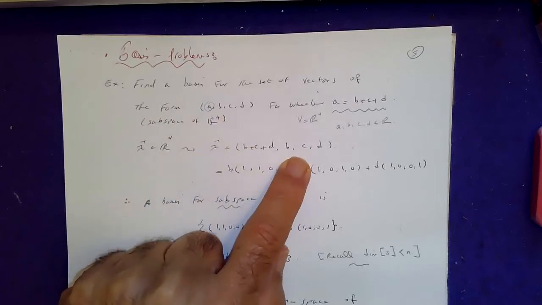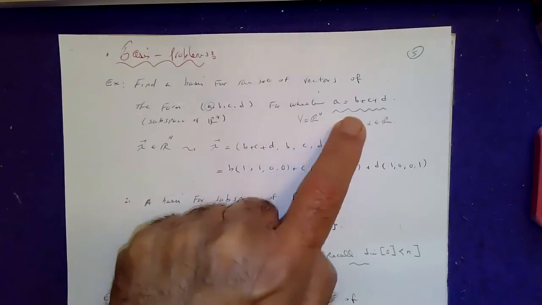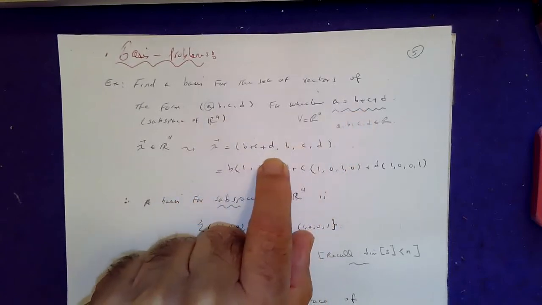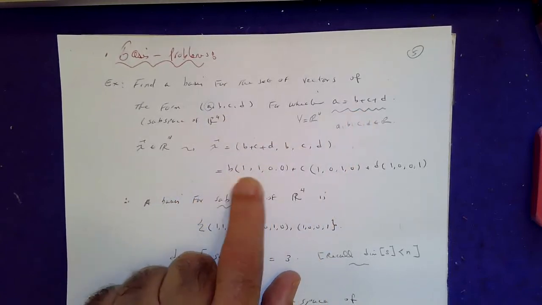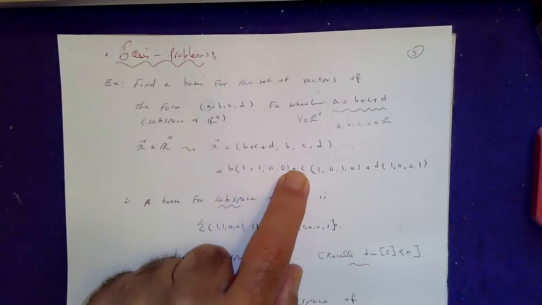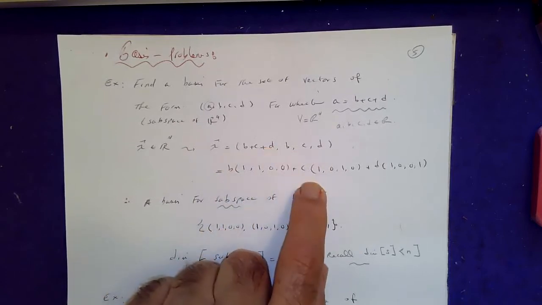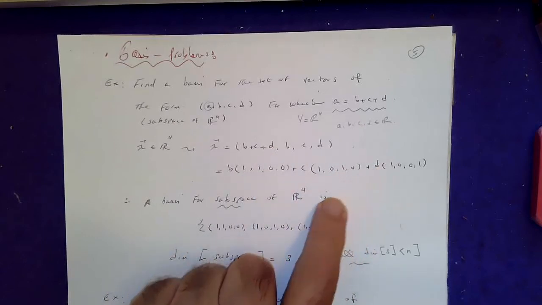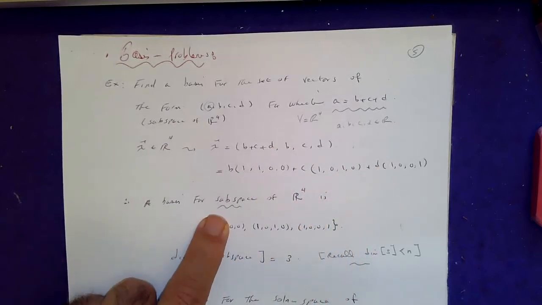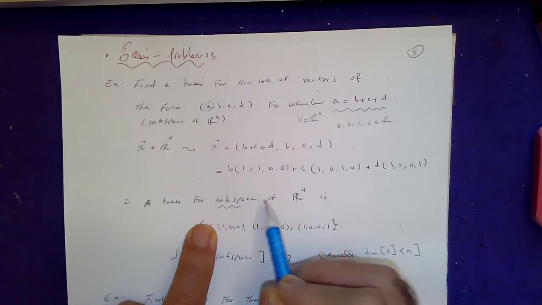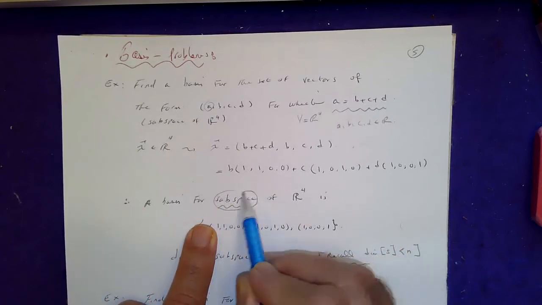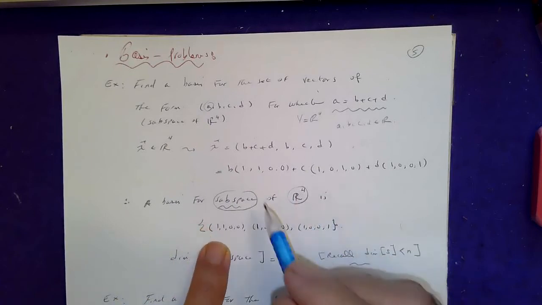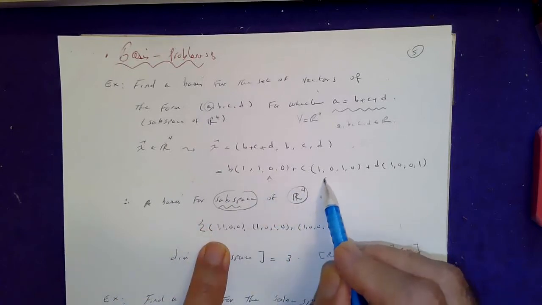this is how they look. Notice what I did. I replaced the A with B plus C plus D. So if you factor out the B, you get this. If you factor out the C from all these components, you get this. Factor out the D, you get that. So therefore, a basis for a subspace, not R4, but a subspace of R4, happens to consist of these